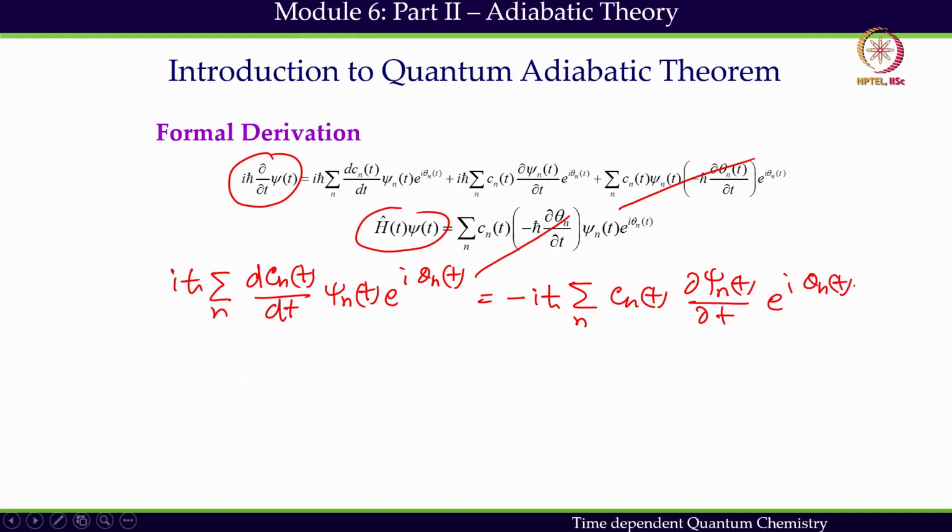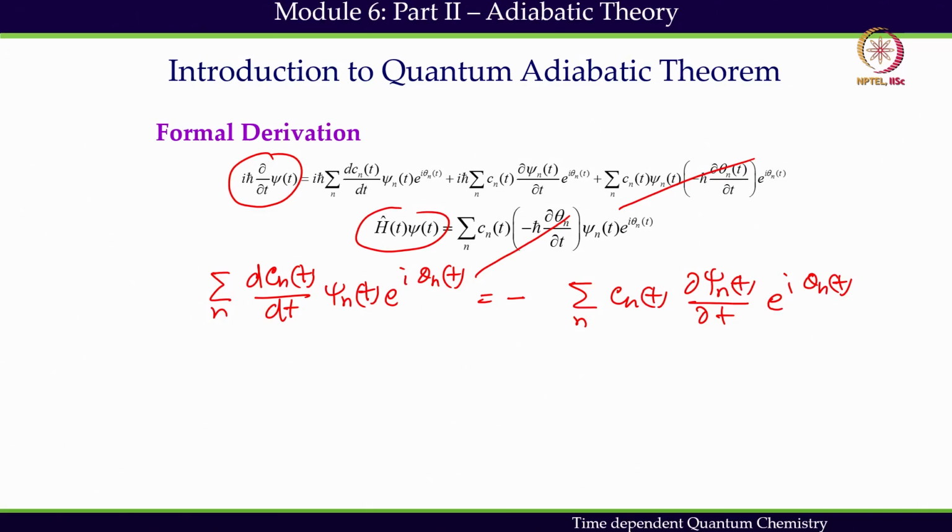This is what I get. I and i ħ will cancel out. So finally I get, after inserting that trial wave function, which is also called ansatz, this expression,